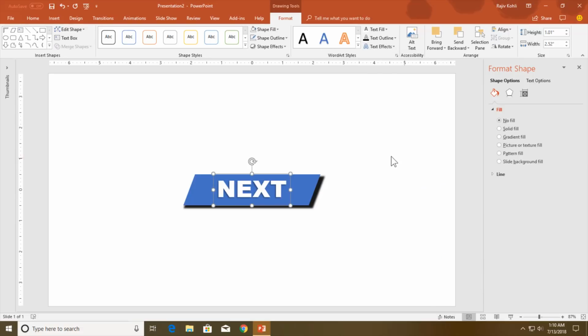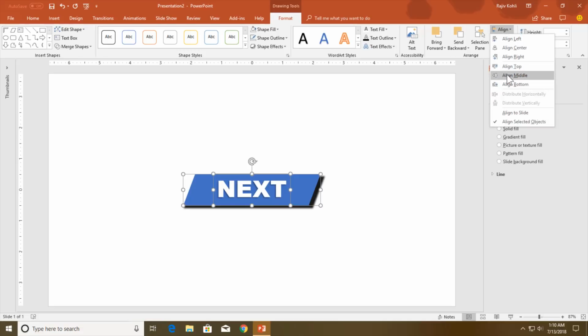I think this one is fine. Now select the parallelogram and then hold down the shift key and then select the text. Go to the format tab, click align center, and this time PowerPoint is going to align both of the objects with each other.